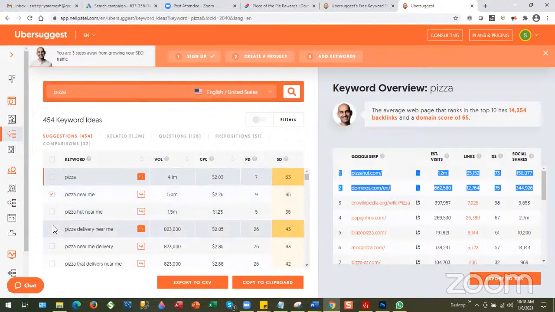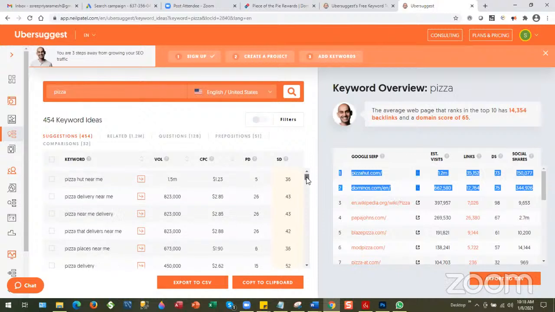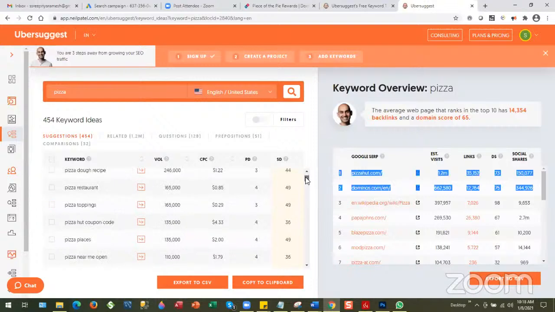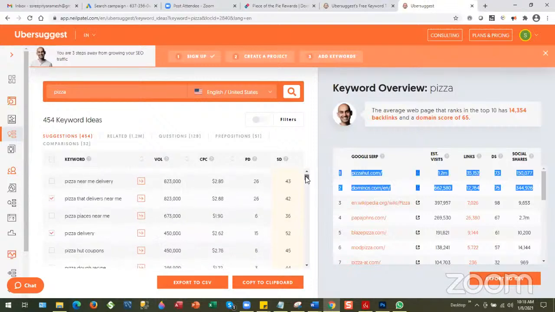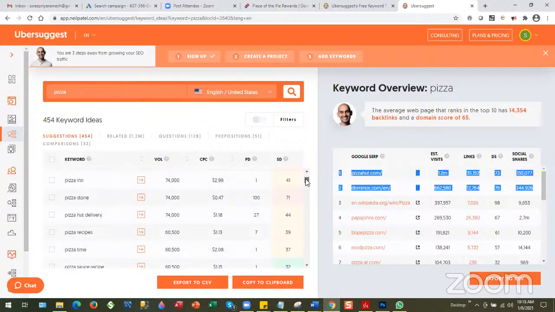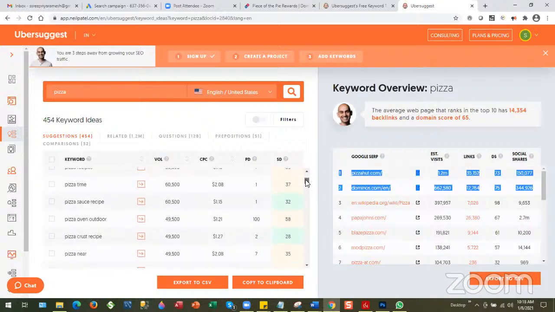Scroll down. Pizza that delivers near me. Pizza Hut coupons. No, we don't want to use that. Okay. So the essence here is basically you need to do the research. You need to know which keywords you want to use within that budget, right? Because you are willing to pay